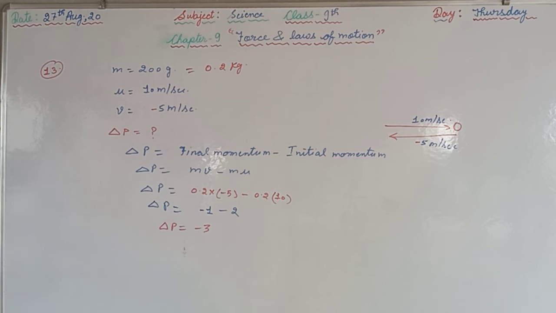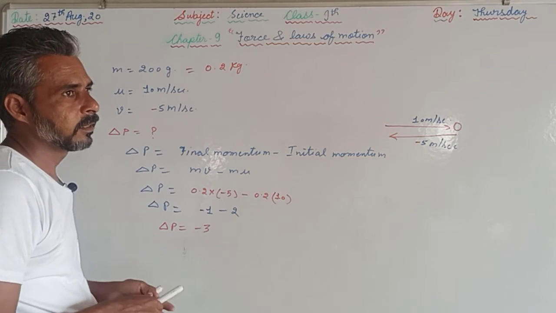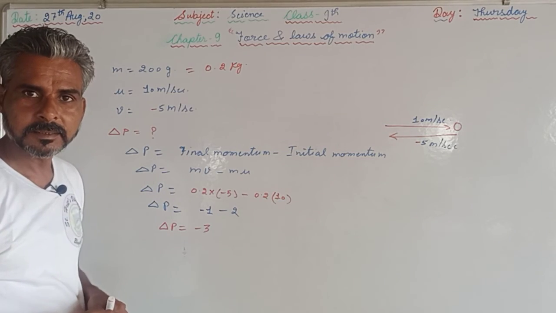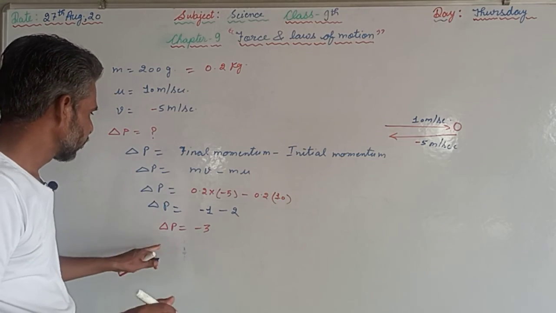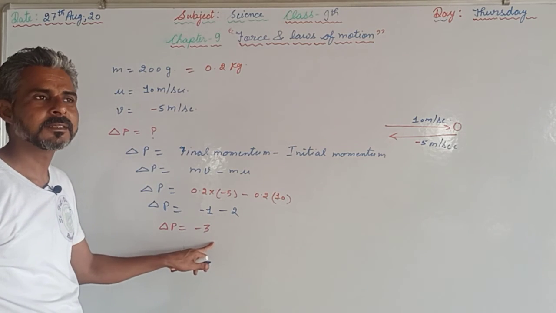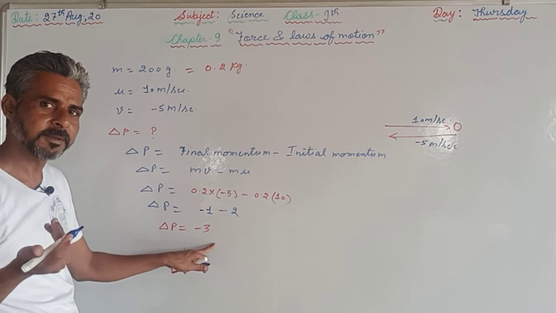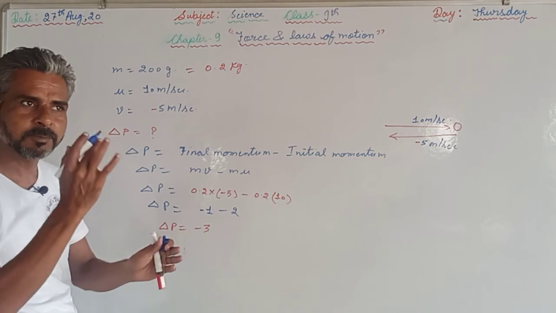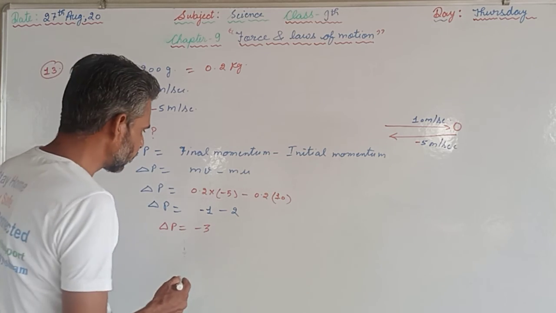And if you are leaving the answer here, that will be incorrect. Why is that incorrect? Because we have not supplied the units of delta P. Delta P means change in momentum. The units will be the same as for momentum because there is change in momentum. So units of momentum are kilogram